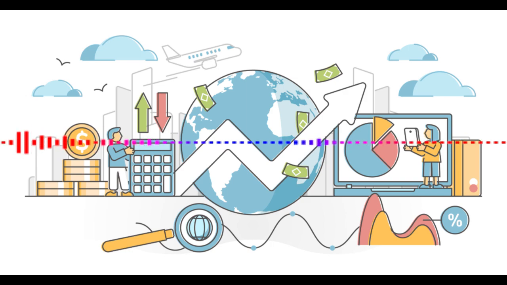Aggregate demand is a core concept in macroeconomics. It represents the total demand for goods and services in an economy. At a given price level, it's composed of four main components: consumption, investment, government spending, and net exports. Consumption refers to household spending on goods and services. Investment represents spending by firms on capital goods, like machinery and equipment. Government spending encompasses all government expenditures on goods and services. Finally, net exports represent the difference between a country's exports and imports. Understanding aggregate demand is crucial for analyzing economic fluctuations and formulating macroeconomic policies.